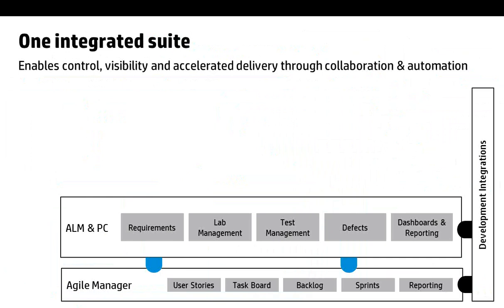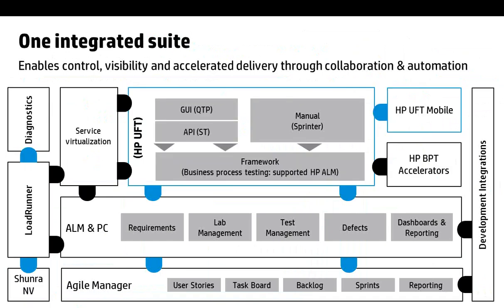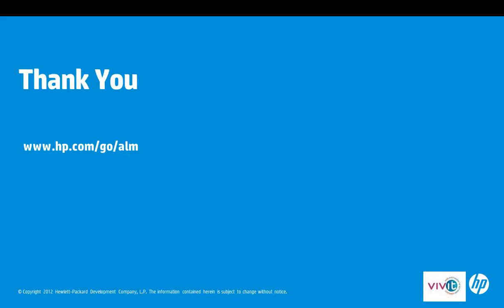Talked about HP Agile Manager to manage the day-to-day execution of Agile projects, HP ALM and Performance Center for managing the testing, test planning, test execution, requirements and defects synchronized with Agile Manager, and both integrating with the vast development ecosystems, coupled with the automation for GUI, for APIs, for manual testing, as well as accelerators for various application environments, testing enabled for mobile applications, and virtualization of services, all put together with performance testing solutions like LoadRunner, diagnostics, bring about a very integrated suite of products, of solutions for achieving agile application lifecycle management.